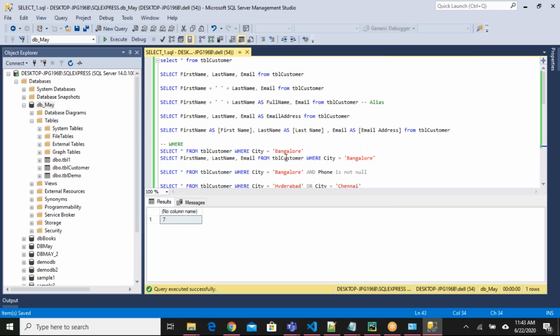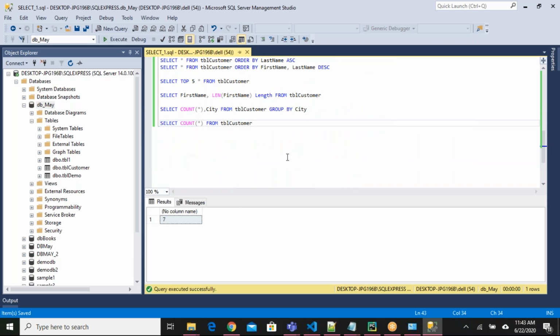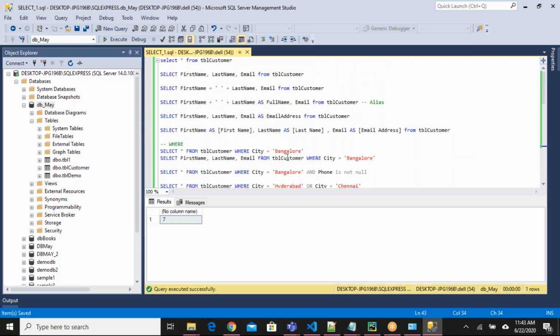So those who are able to install SQL Server, what I'm strongly recommending is to create one simple table, a books table or person table, student table, anything. Have some 4 or 5 columns and insert some 10-20 records into that table. Try to do all the CRUD operations, like create, read, update, and delete operations against that table.